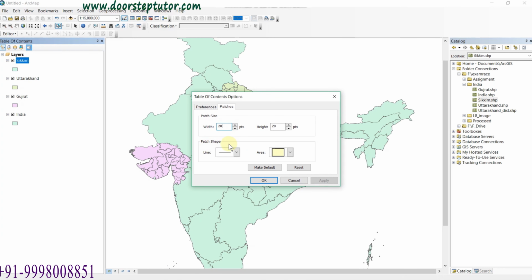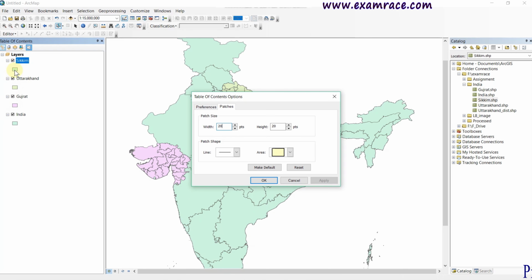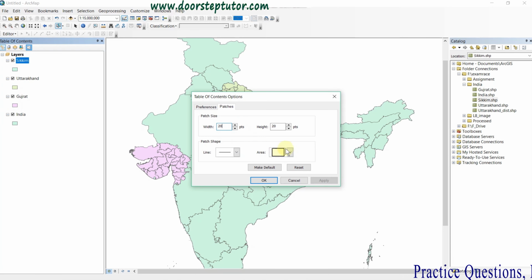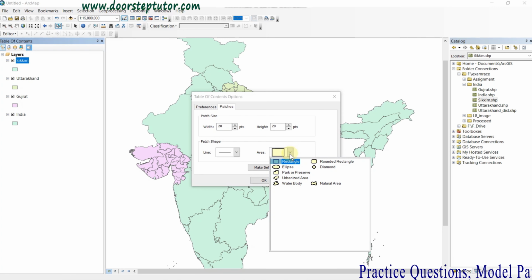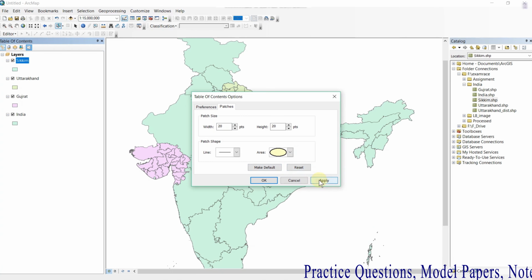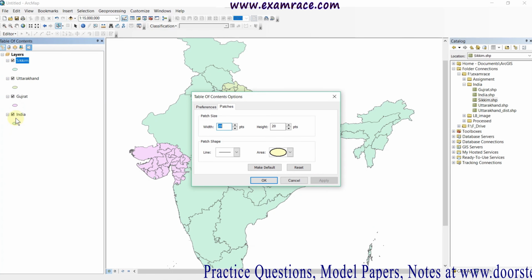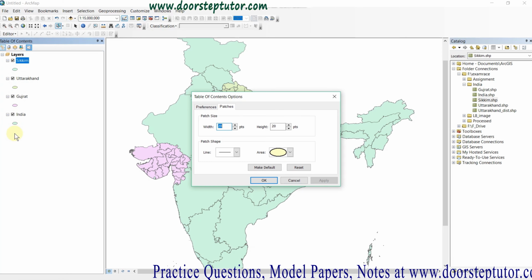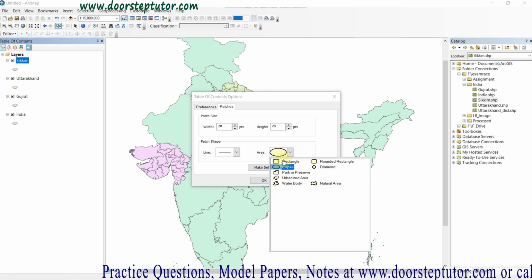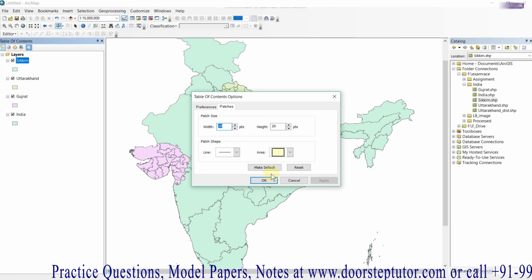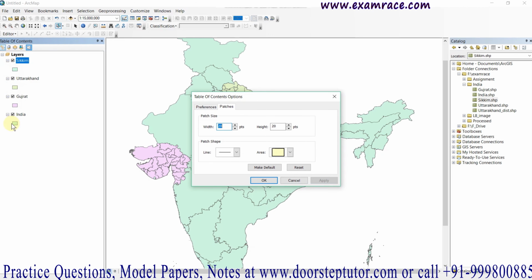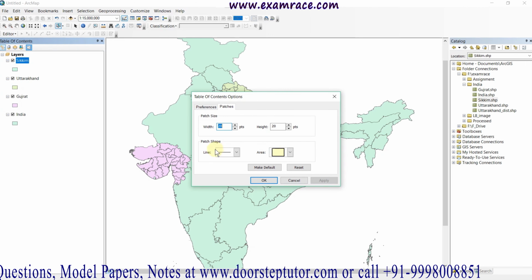Now, what is the patch shape? We can see the added data is always shown here in a square shape, because it is the default. If I want to see it in an ellipse shape, I simply choose it and apply it, and all my indexes appear as ellipses. If I again want the rectangle, I simply apply it, and all appear as rectangles. This is for polygon purposes and this is for line purposes.